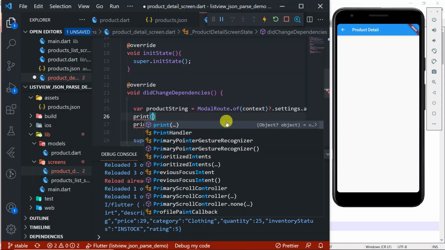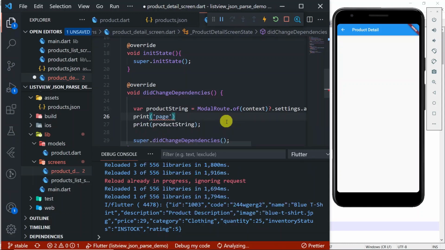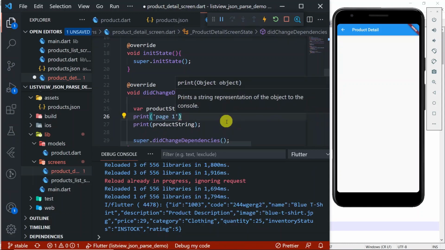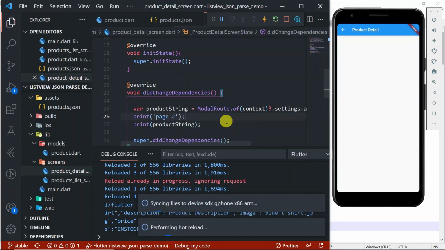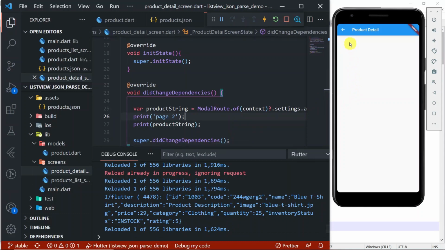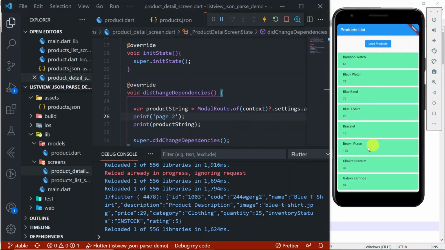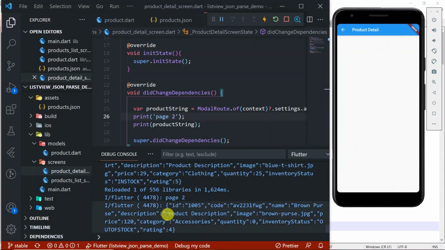Print page 2. Okay, I'll go back and I click on it. See, page 2 and we have this value. So we are fine. So we can say we have